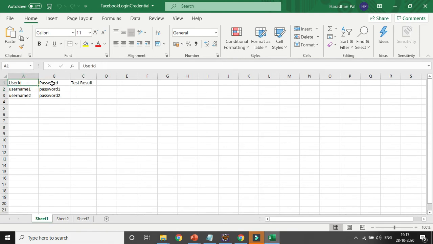This is a cell, this is row 0 column 0, this is row 0 column 1, this is row 0 column 2, like that. This one is row 1 column 0. So first it will be the workbook, then the worksheet, and then the cell, or row and column.